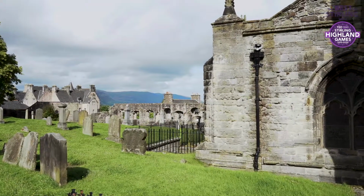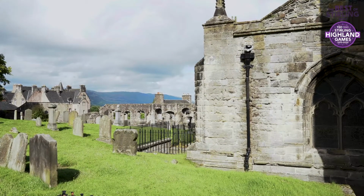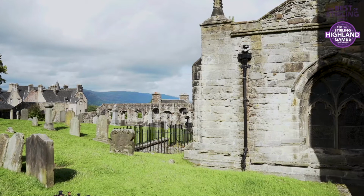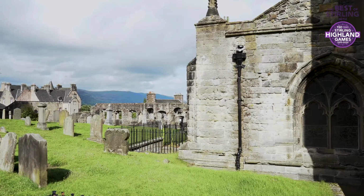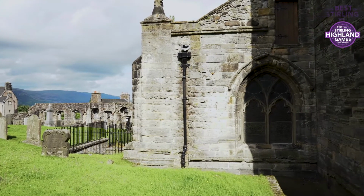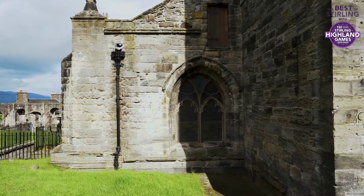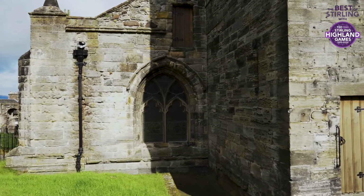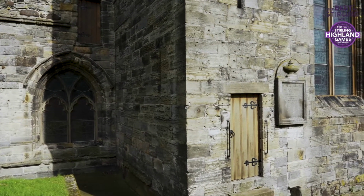The ruined building there is Mars Wark. That was destroyed by Bonnie Prince Charlie in the siege of 1746, the last ever siege of Stirling Castle. Then as we move towards the church, there's an area fenced off. That's the Chapel Royal of James IV and his Queen Margaret Tudor. That's where all the claims to the English crown come from that ultimately end up with James I becoming James